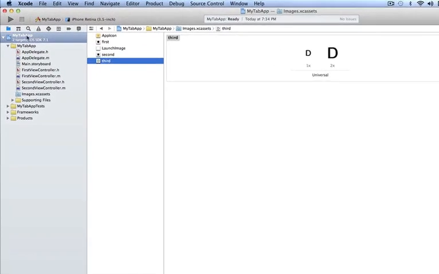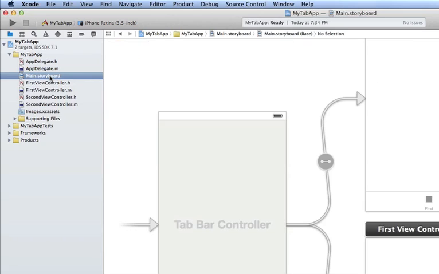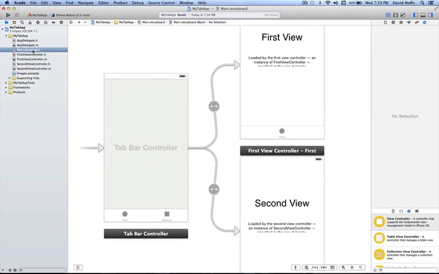So I'm going to go back to the main start screen here for the project, and through the project navigator I'm going to go to the main storyboard area here to see what I currently have running with my tab app. So this is the first view that we see of the storyboard window, and you can see we've got an entry point here starting with the tab bar controller